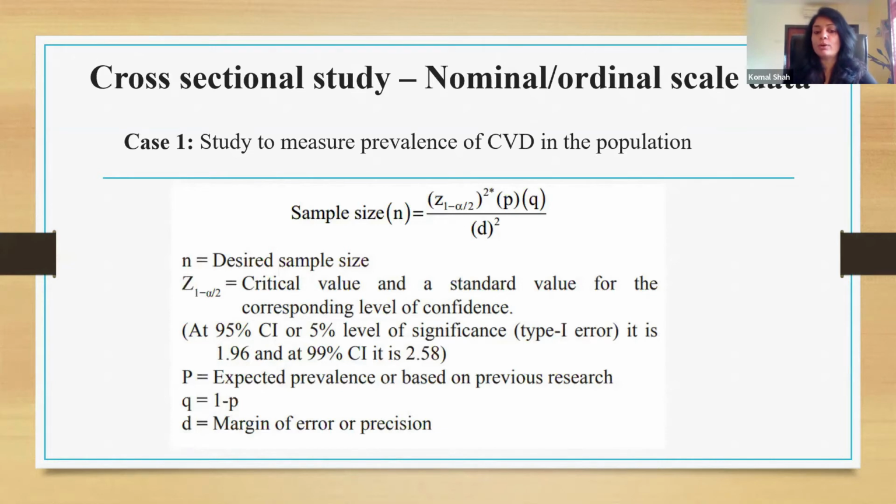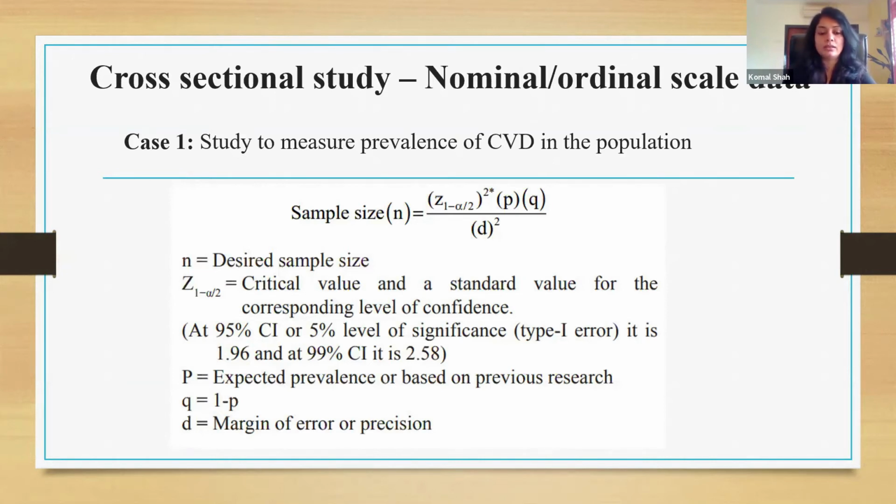The p-value, which is the probability of having one particular disease in the population, over here it is CVD. It is the expected prevalence. So that probability, I need to get from secondary data or studies conducted previously. In case I don't have a previous study, I should go ahead with my pilot study data. Even if I don't have pilot study data, I need to go ahead with some assumption. As you know, the probability should be 1. So I need to subtract this p-value from 1, and the remaining number I get becomes my q.